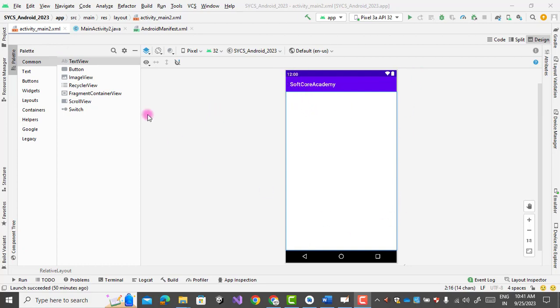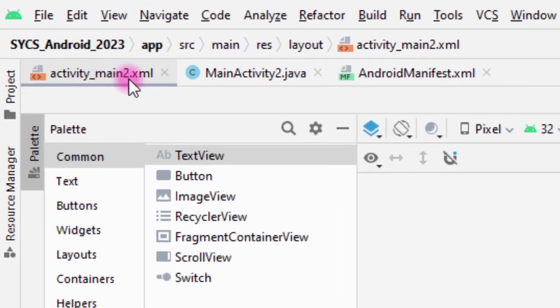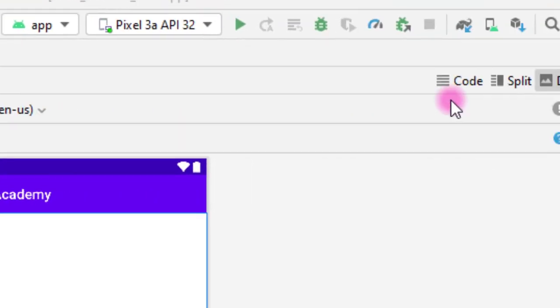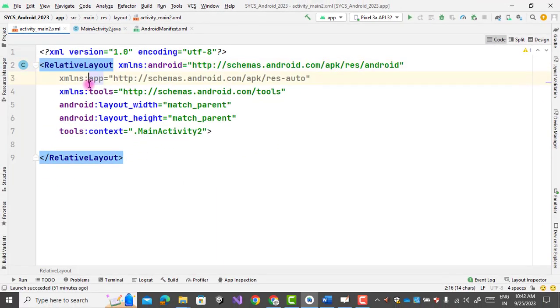So here we have an activity underscore main.xml file. Go to the coding part, and we first change the layout of our application to relative layout. Do remember, students, this is your relative layout. While you create an application, the default layout of this main activity is your constraint layout.